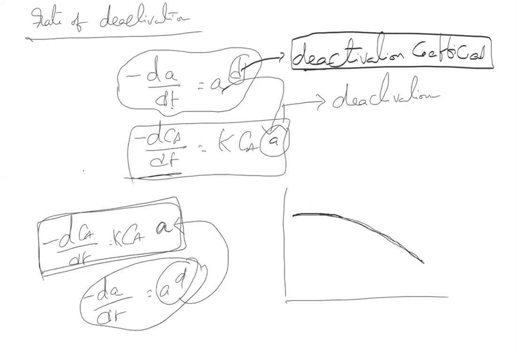I think solving this deactivation rate equation may not be that important from the GATE point of view, but what is important is the mechanisms of deactivation. We have discussed multiple mechanisms of deactivation: parallel deactivation, series deactivation, side by side deactivation. So what are the varieties of deactivation? One is that the reaction can form side products which then deposit on the surface of the catalyst. That is where it deactivates the catalyst.